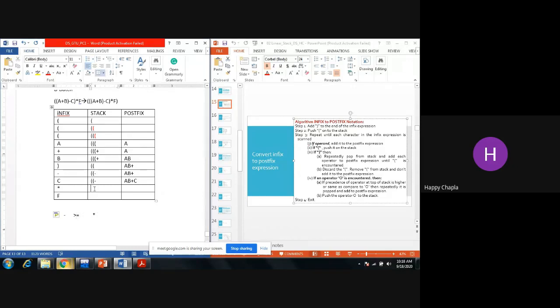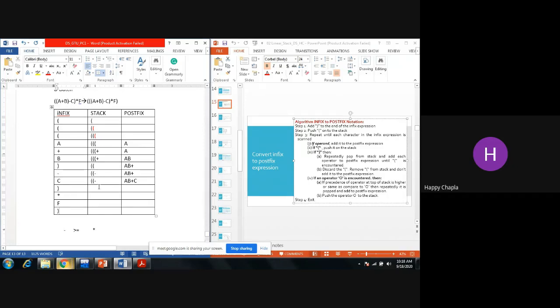So they both can stay in the stack, A, B plus and C. Okay, now I am encountering F. Sorry, I have to write one closing bracket. Sorry, I'm missing one closing bracket over here also. C, then I need to add one closing bracket, then star, then F and closing bracket.